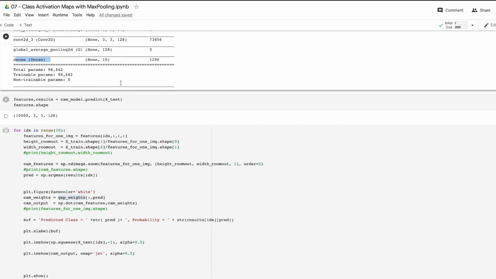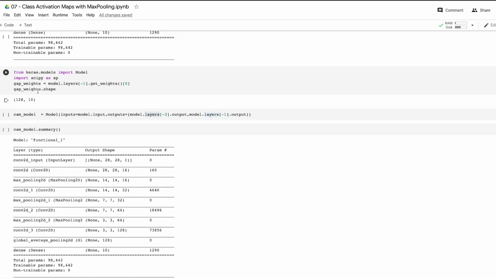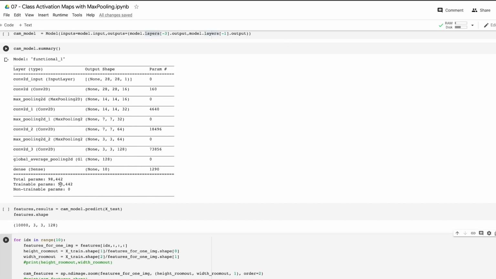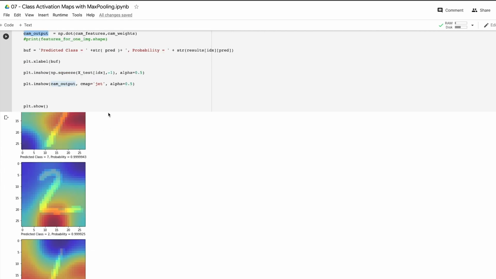So we predict a model on our test set, and then what we do is exactly what I said before. We're doing the dot product of the features that we extracted, those are the features from one image that are zoomed to the size that we want to have, with the weights from those last layers, I guess the dense layer here at the end. And what we get is a heat map that we can now overlay over our input to get these beautiful